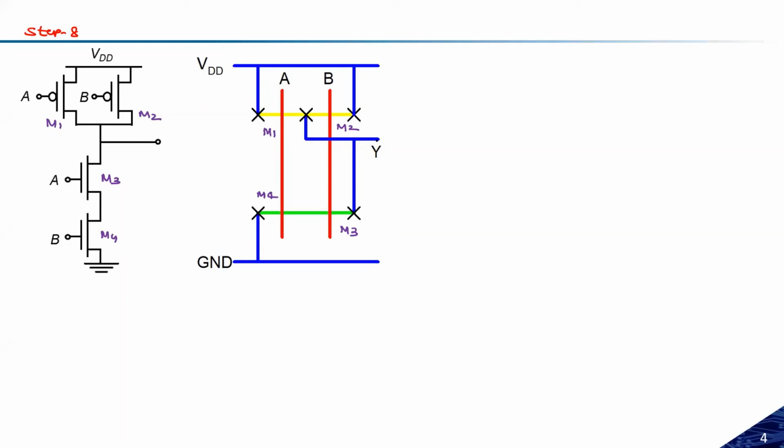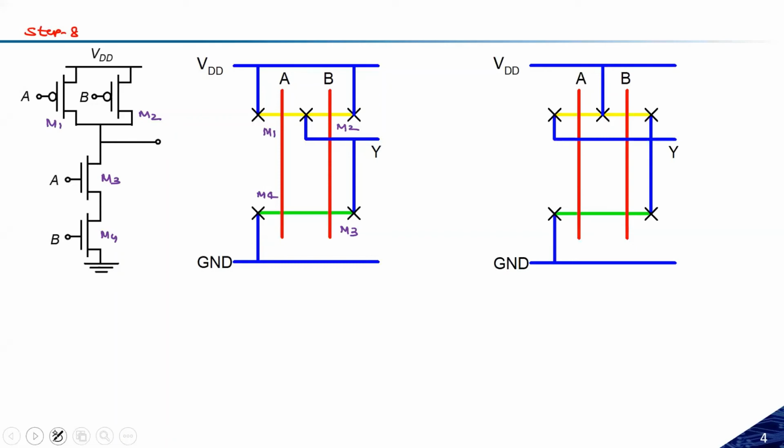But it is not necessary that we can have only this kind of layout. There are other possibilities, the layout can be different. Here we have one more way of designing the layout. See here, in transistors M1 and M2, drain is common and source is common. Drain and source both are common, so either we can take the output from different nodes and make the VDD common, or vice versa.